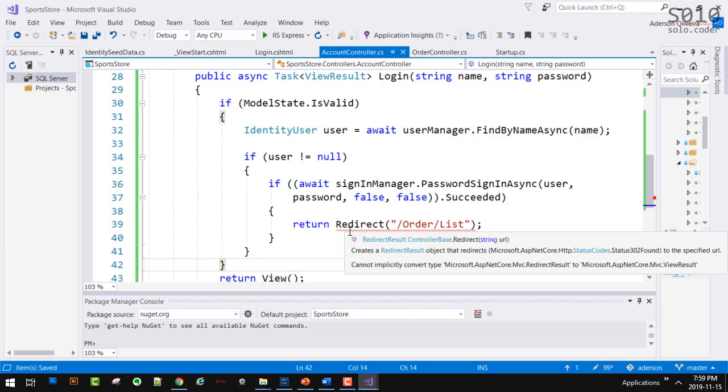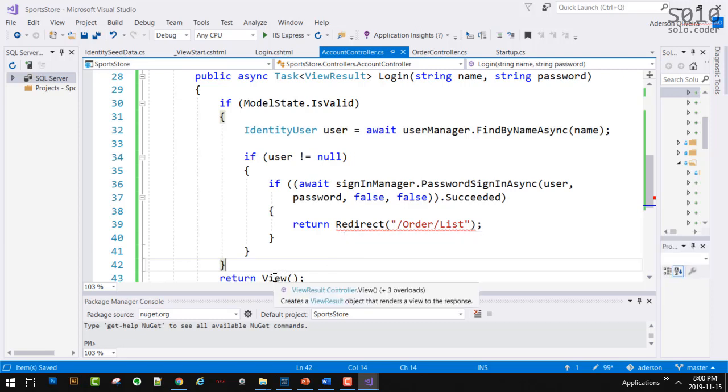So when we use the redirect method, it creates a redirect result. But our method returns a view result. This view here returns a view result, so it's a match.